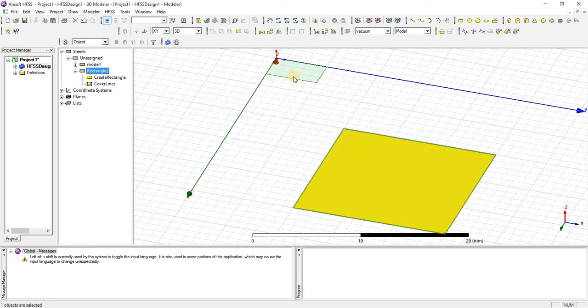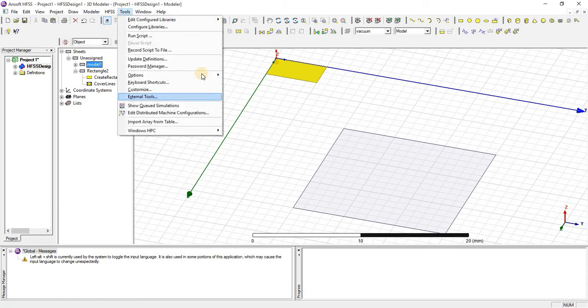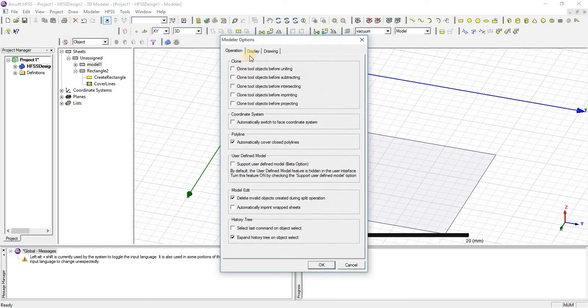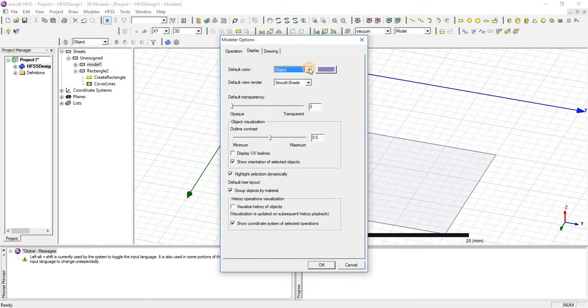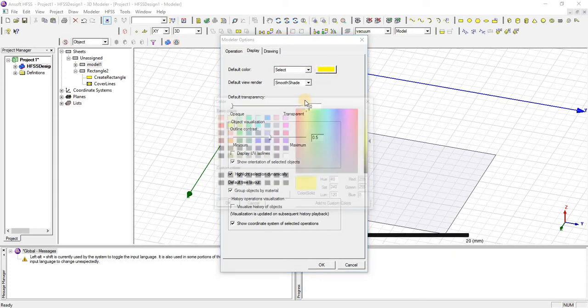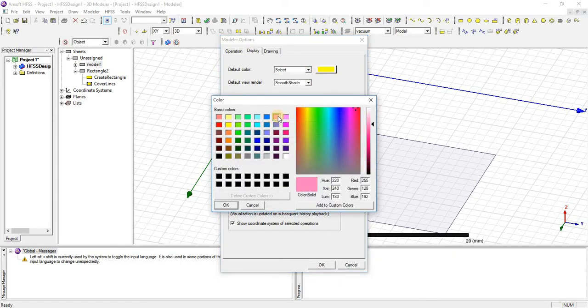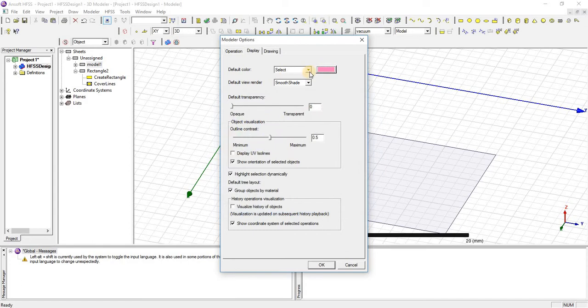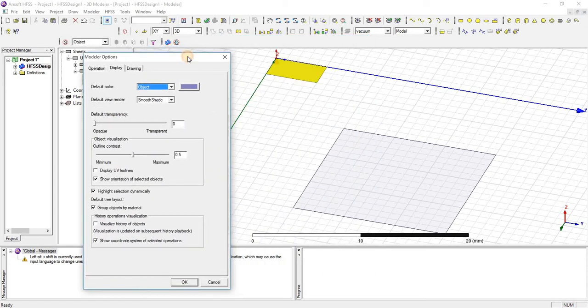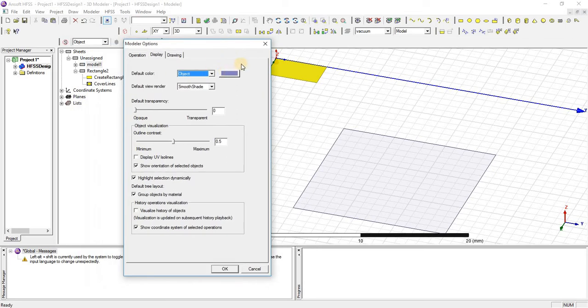Similarly, for the second option, go into tools and options and modeler options and display. Similarly, you can change it again. And the second option is when the object is not selected.